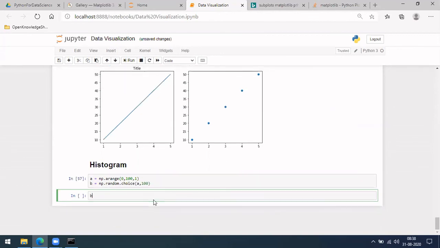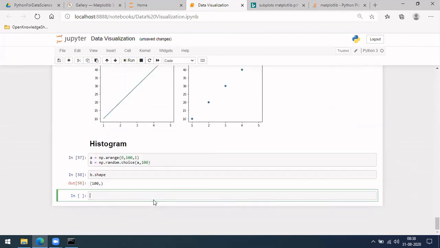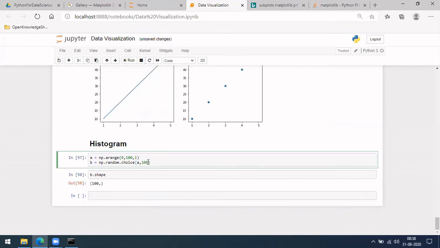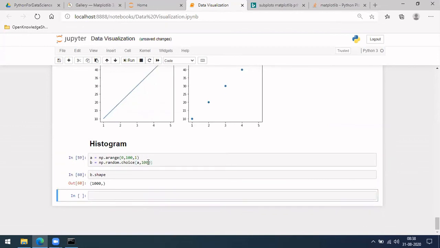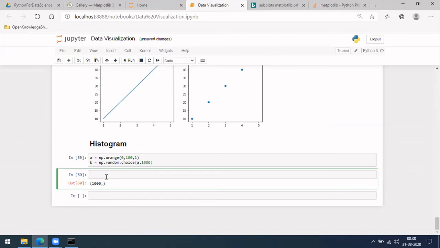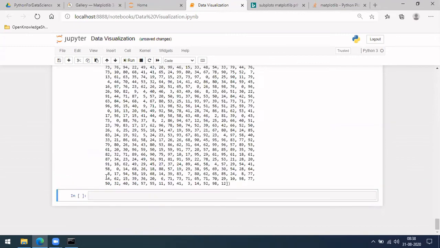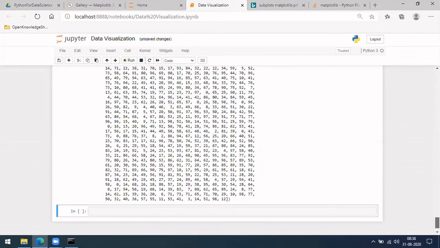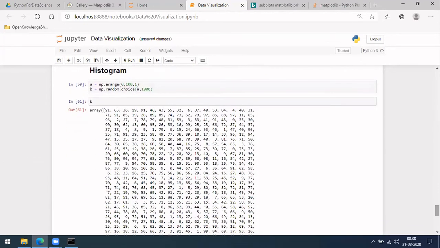So what is this b.shape? Let me take 1000 values. So b.shape is 1000. From those 100, I'm picking 1000 values, which means the values' repetition will happen. This b is randomly taken from those 0 to 100, where it will take multiple values.